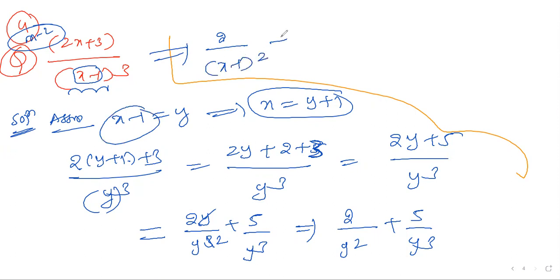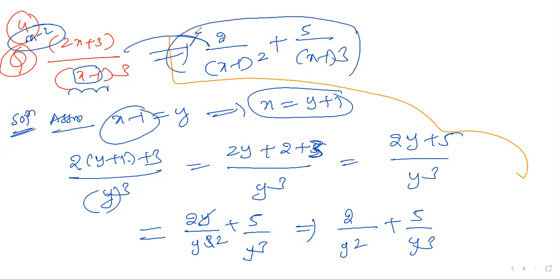X minus 1 whole square plus 5 by... Right? The answer you got is the required one. Now check the answer, your answer is going to be the same only. Am I clear? It's because previous a is equal to 0, right? 0 by x minus 1, b by x minus 2, c by x minus a whole cube. Same answer you got. Am I clear, right?